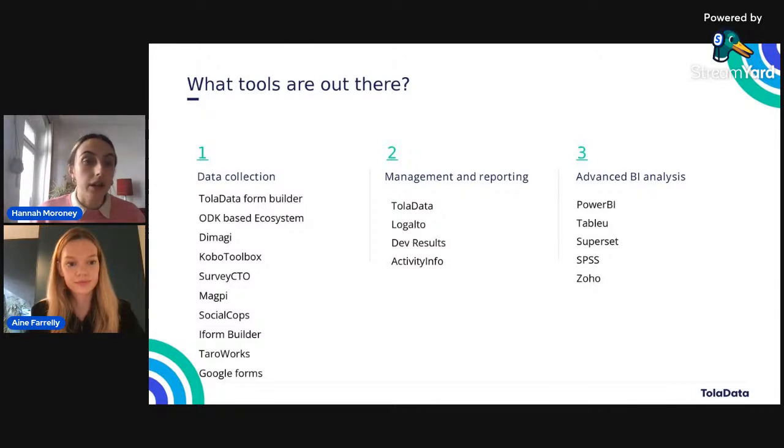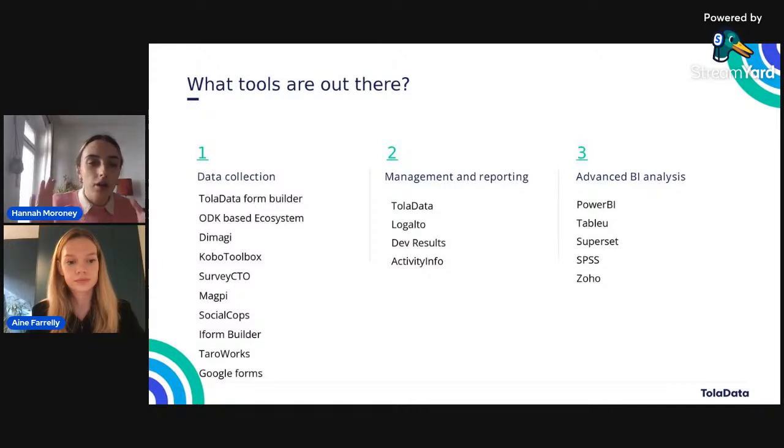And then when you start to look into the next phase, once you've done the data collection, you're looking at management and reporting. That's when a tool such as TolaData comes into it. And I know that plenty of people joining this webinar today are quite familiar with TolaData. Maybe you're using it and you're here to learn a little bit more or to share your insights in the comments. And we're really, really grateful for that. Anya is also really soon going to show you around some examples of how you can use all of these different types of tools in a very comprehensive way, with TolaData at the heart of it. But there are also some other tools you can use for your management and reporting.